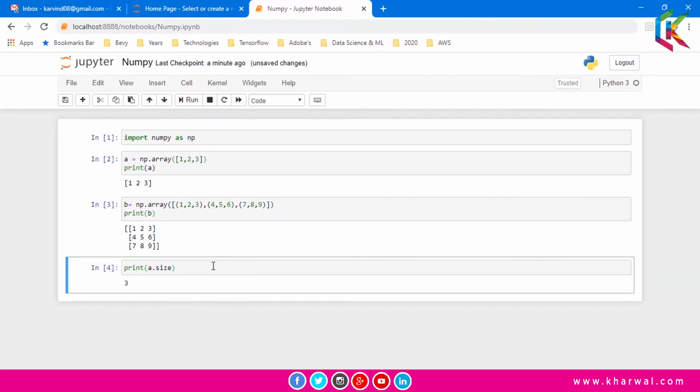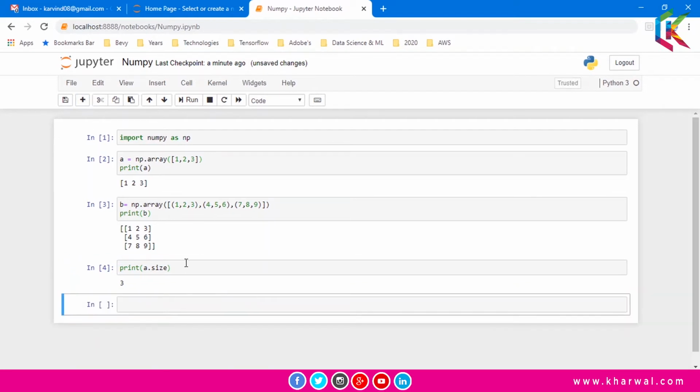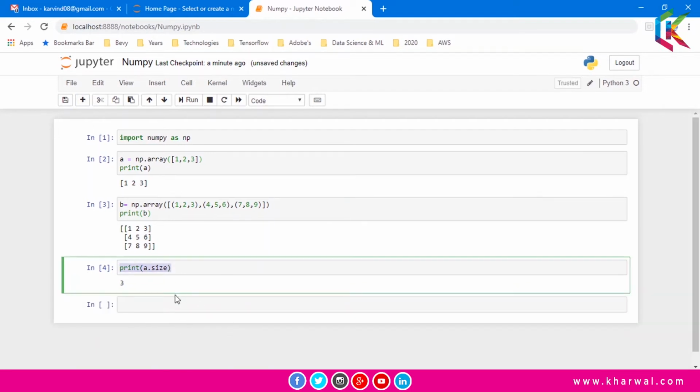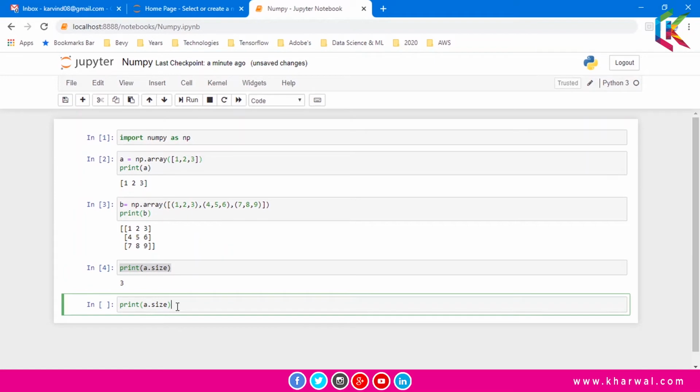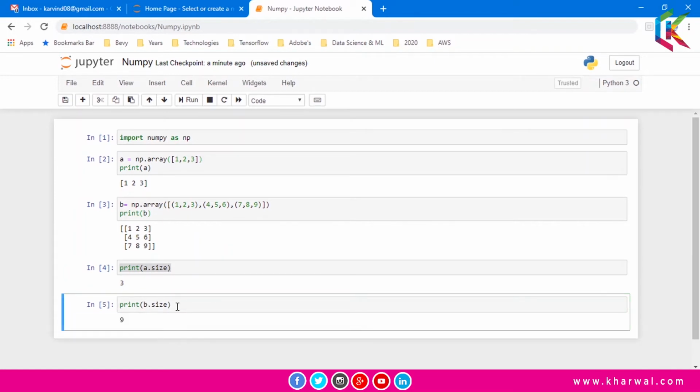It is giving the size of A and that is 3, because 3 elements are present in the array A. Now I am going to print the size of B. It will give you 9 because there are 9 elements in the array B. So I hope it is clear to you guys.